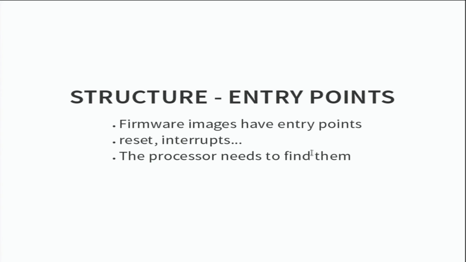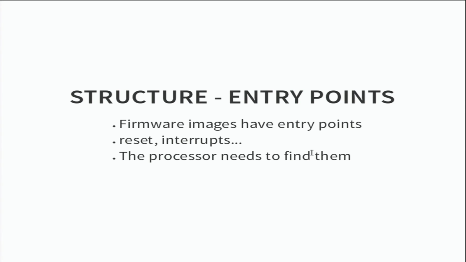So it's a very common feature, and you actually heard some of this being talked about in the last talk, to have a vector table. And the vector table tells the processor, hey, here's where you're going to execute in the case of a certain instruction, certain interrupt, or for example, at reset. And it's very common to have this at the start or the end, and sometimes this table takes the form of a number of instructions that will perhaps jump to the code, or it might be a tightly packed table